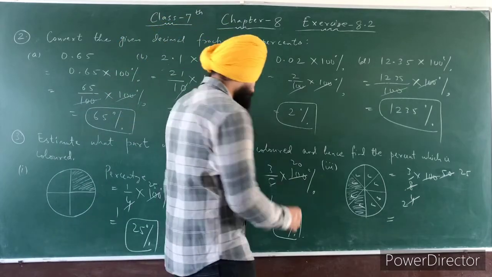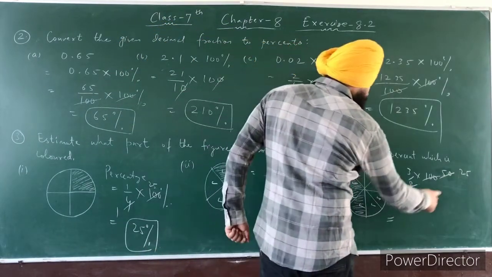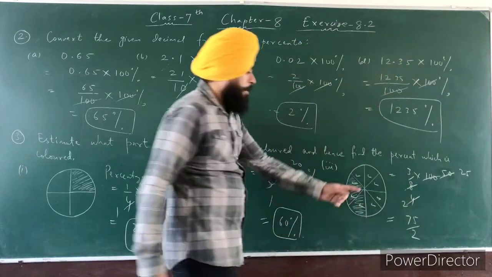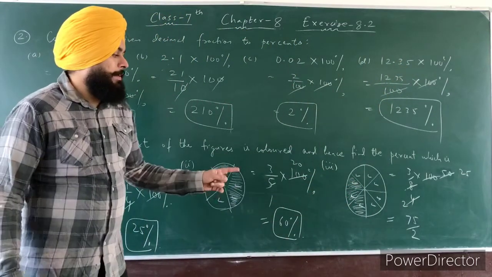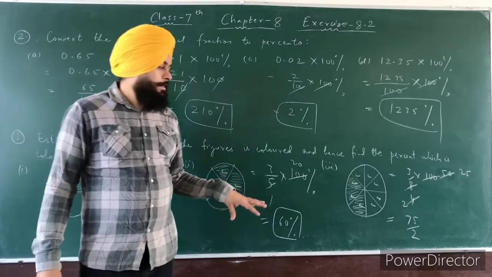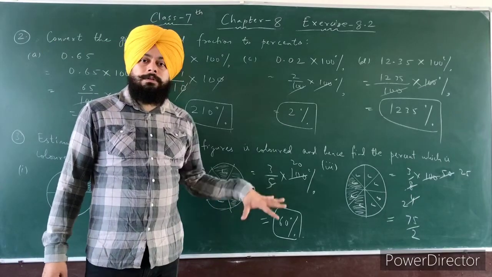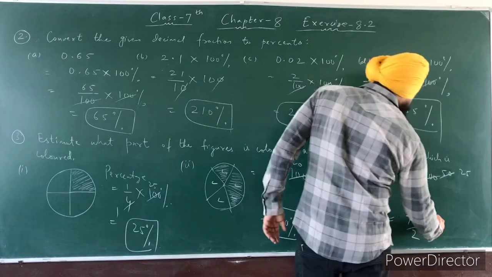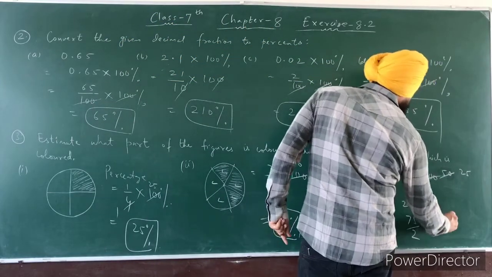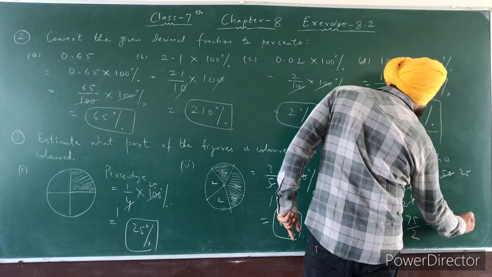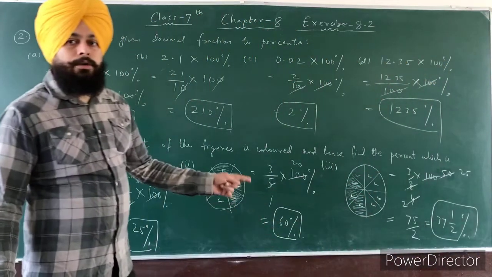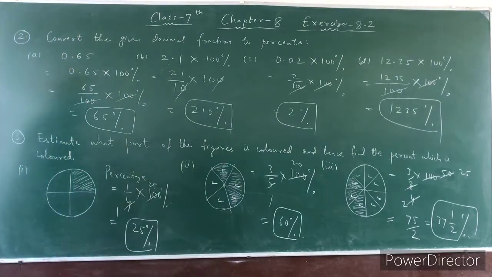Alright. Next, 3 25s are 75 and the denominator is only 2. Now 75 over 2 is an improper fraction. We have to convert this fraction into a mixed fraction. So take 2 3s are 6, 2 7s are 14, remainder 1, so 37 and 1 over 2%. So the answer is 37 1/2%. So this is your question number 2 and question number 3.